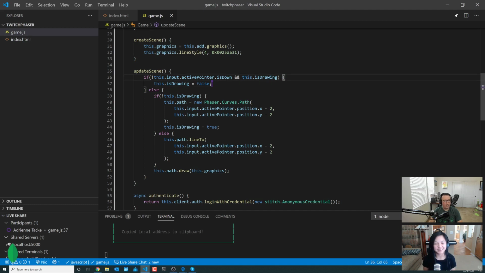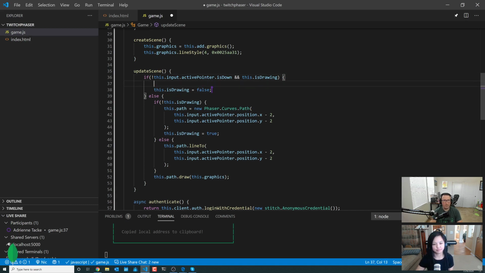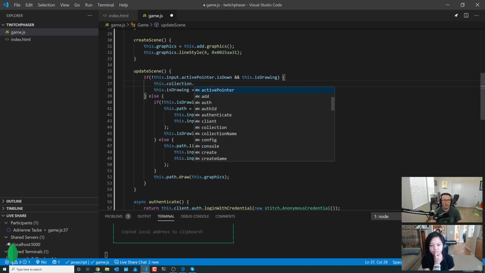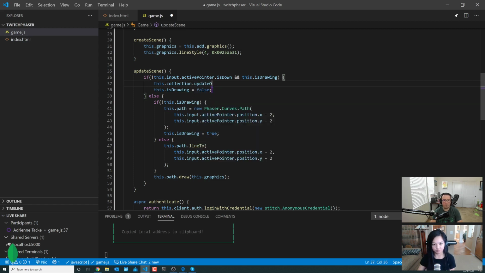All right, so we have that check. Let's go ahead and do our MongoDB update. All right. So we have our collection, this dot collection. We passed it in already. Mm-hmm. What we can do now is similar. It shares the same APIs as the Node.js SDK, but we can say update one.